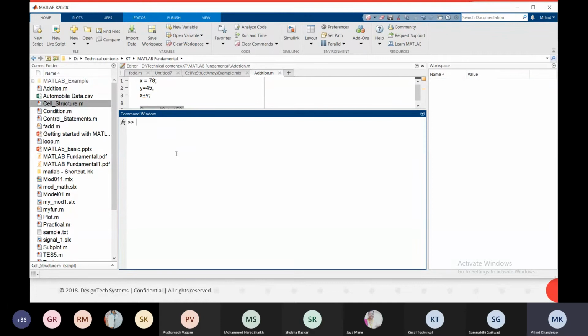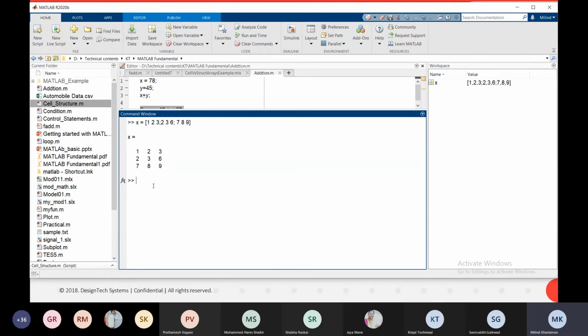Now we'll go for a 3 by 3. Let's say x equals, simple rule: the first row I separate by spaces, then I use a semicolon, then the second row, then the third row, just using spaces. Okay, 3 by 3 order, first row, second row, third row, and these are the respective columns.